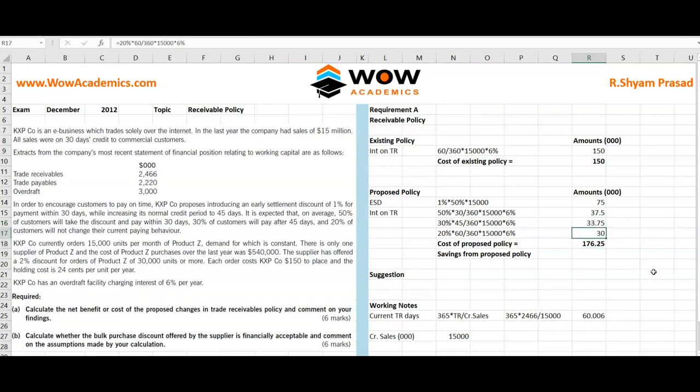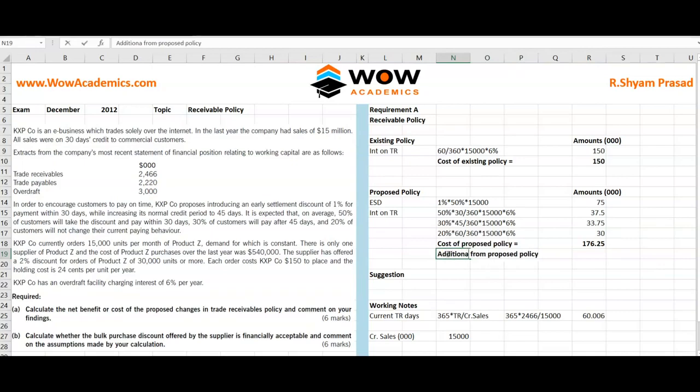So we got the answer. The answer comes to 176.25. So is it a savings or is it an expense? See, all these numbers are in terms of cost. So the old cost was 150 and the new cost is 176.25. So it is an